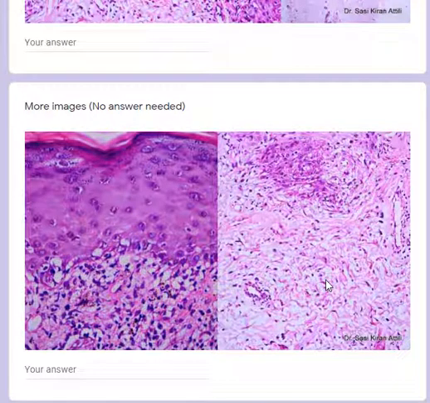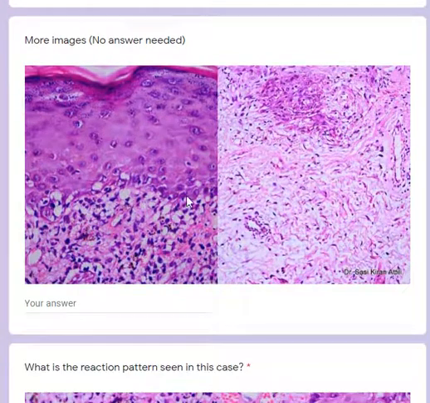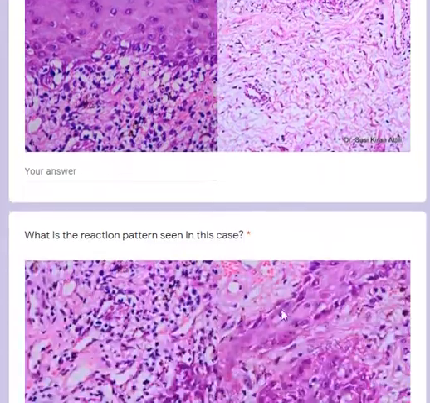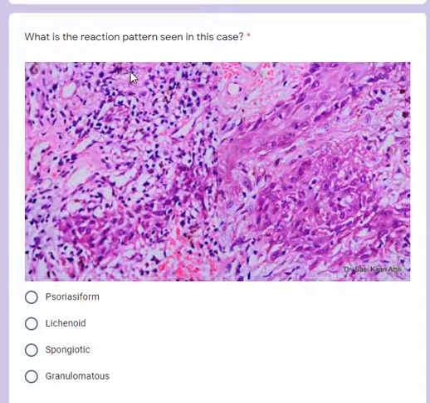The dermis is quite edematous, and I didn't pose this question, but here there is some fibrinoid degeneration of the collagen, which is typical in cases of acute lupus. And this is a typical histological picture of it. Here again, the vacuolar interface change is highlighted with melanophages, which you can make out here. You can make out a few melanophages here as well. There is extravasation of RBC.